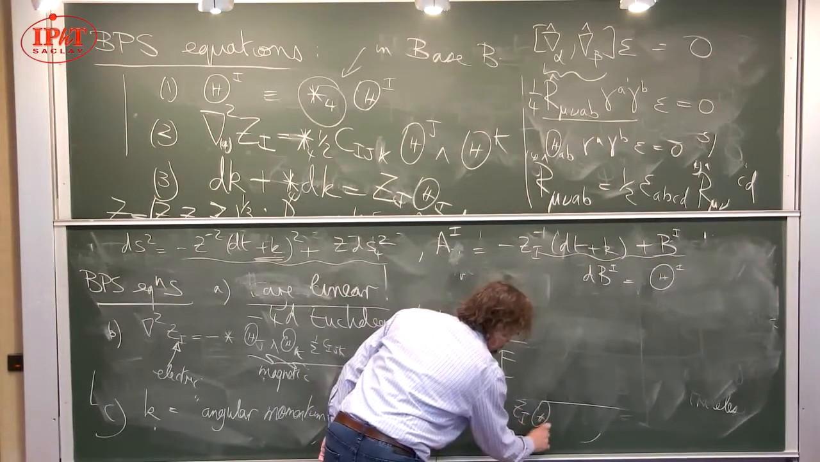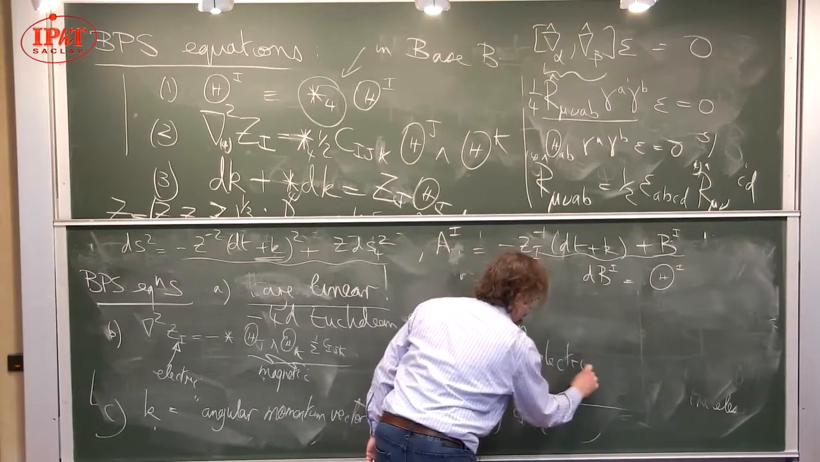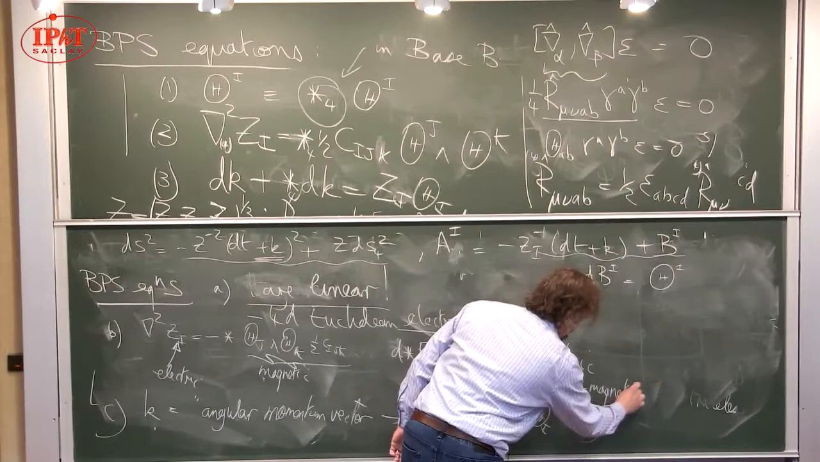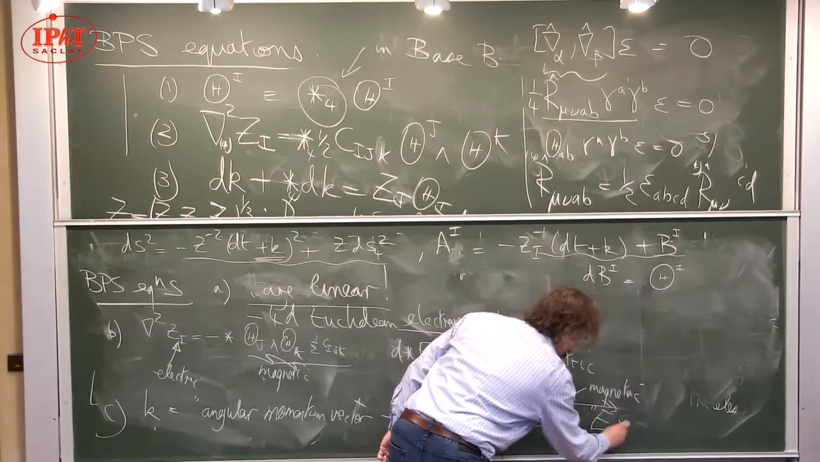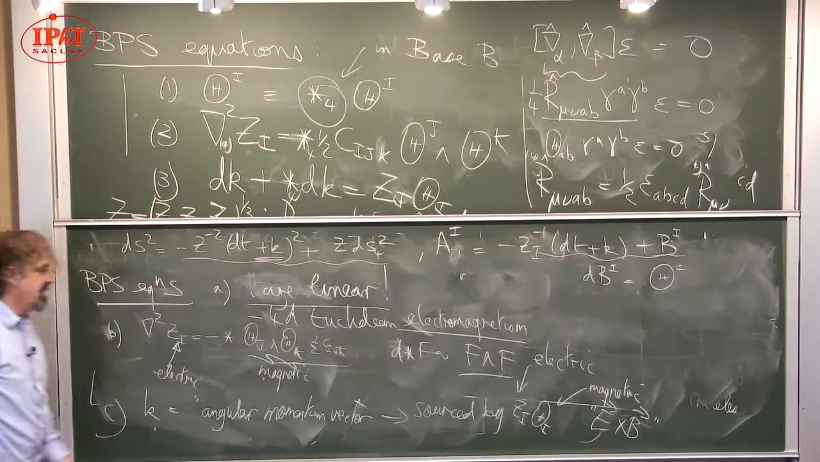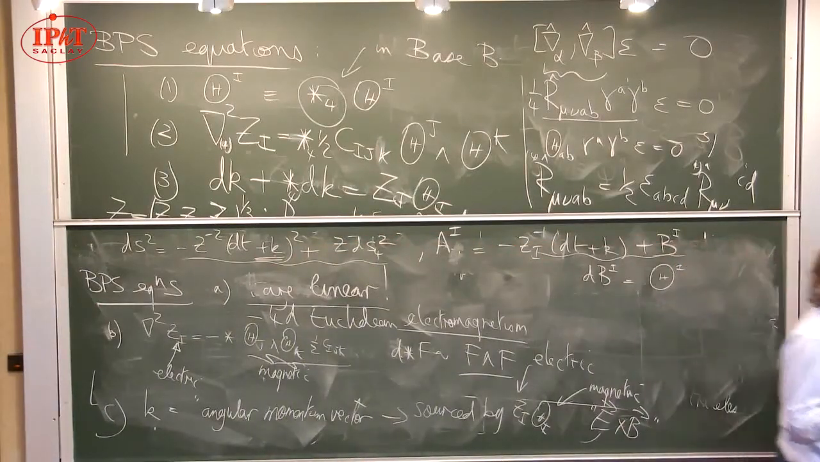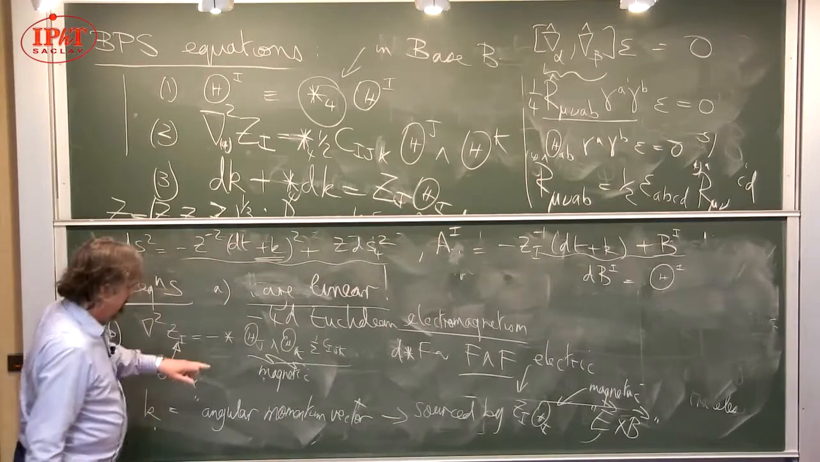And think about what these sources are. Remember, this is electric, and this is magnetic. And so morally, this thing is like a good old-fashioned E cross B term in electromagnetism. And so the angular momentum of this system is derived from an interaction between the electric fields,